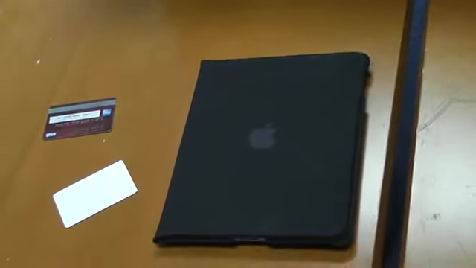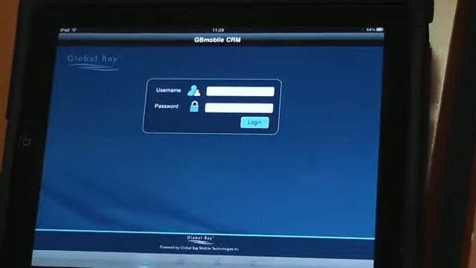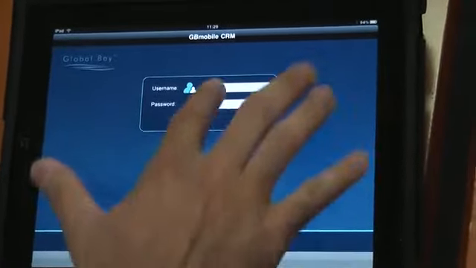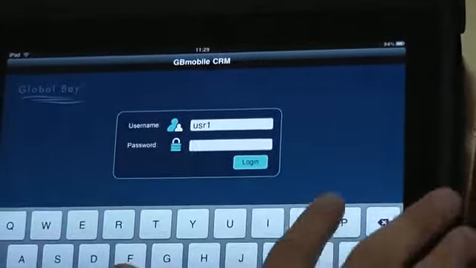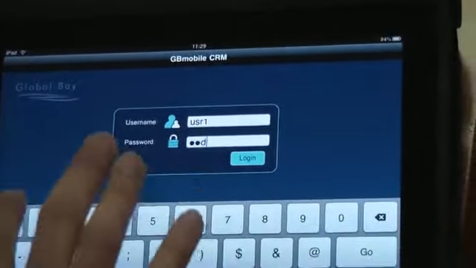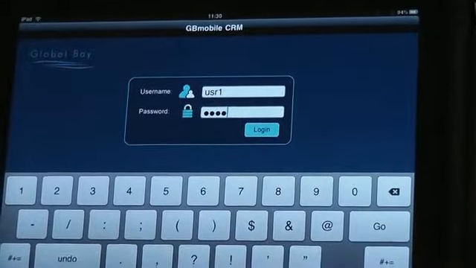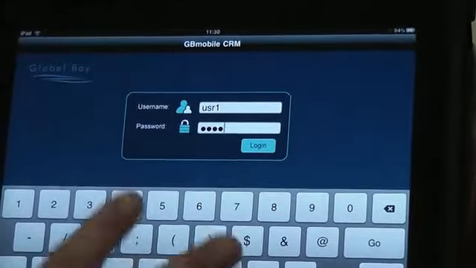So let me go ahead and actually launch the application. Now, before I start, I also want to note that this is a native application, not a web browser, not a browser-based application. This is a native application that takes full advantage of the Apple operating system and the user interface. While I'm logging in, I also want to point out that this application will integrate to any existing backend system you have, whether that's your point-of-sale system, your CRM system, or a new system. The advantage is that Global Bay will leverage your existing investment, your existing technology